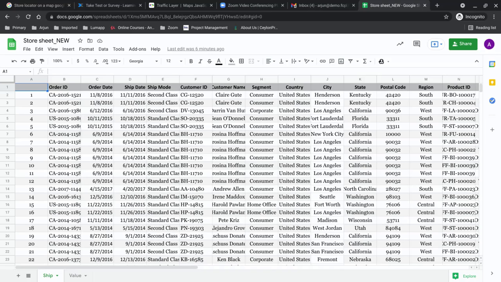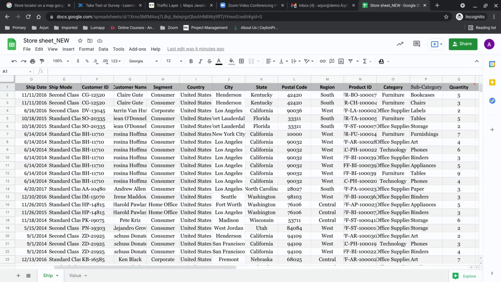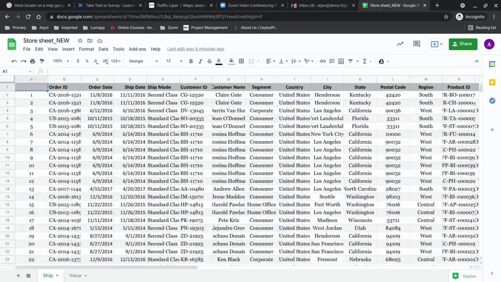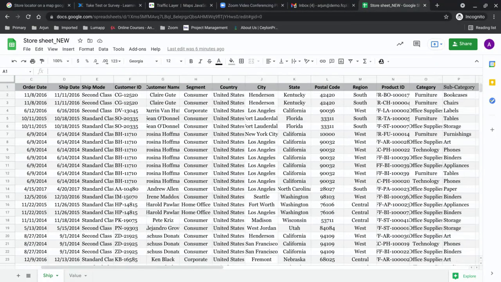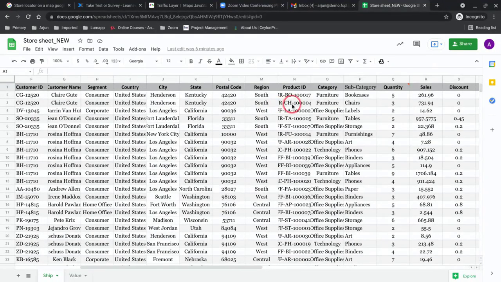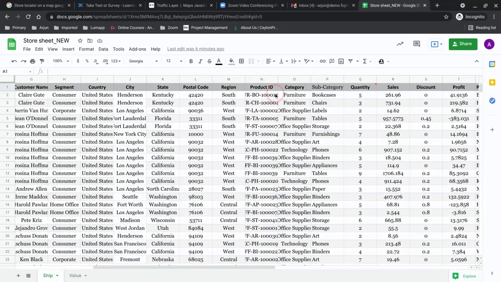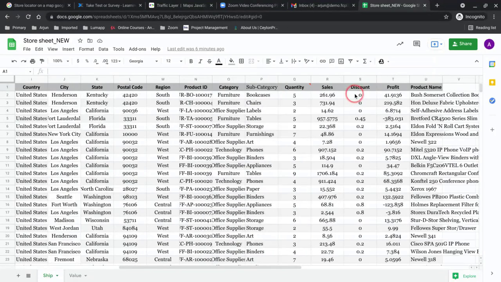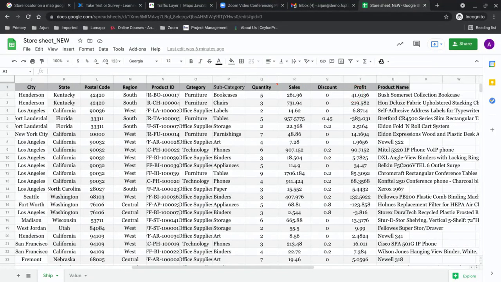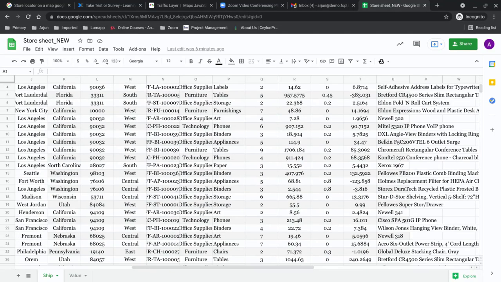In a nutshell, let me just say this is a sheet full of data. You can see this is a shipment mode sheet, and you can see there are some order IDs. It goes through several criteria, and it has countries, city. So mainly it's a sales sheet. You can see now it has product ID and quantity, sales and product as usual.